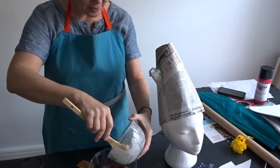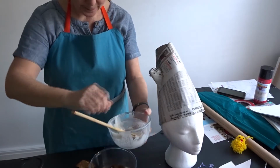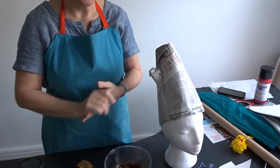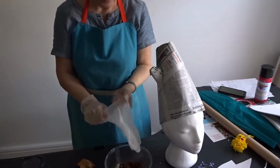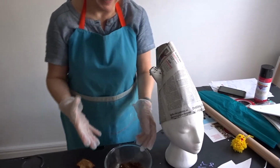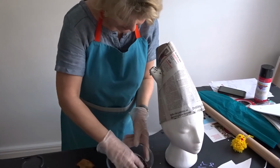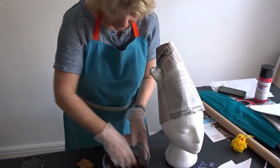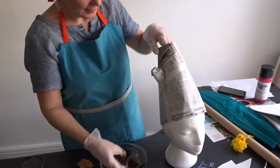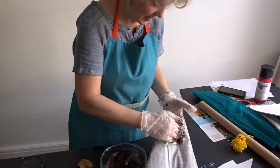I don't know if this is going to work, I'm going to pour some flour and water paste in. Now for this, I am going to wear gloves. Here I am with my gloves. I don't know what this is going to look like. Oh, right, let's mix it all up. I'll take this off again. I'm just going to literally...